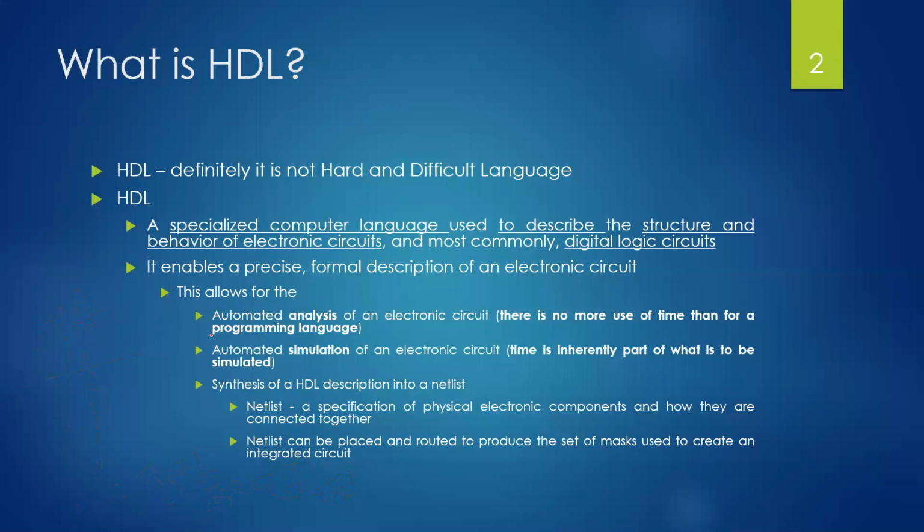So here what you're doing is you're least bothered about how much time it will be taking for the execution. You're just concentrating on the programming aspect when you're going for the analysis part. But when you go for simulation, here what happens is time becomes important for us. That is, we have to look even at what time is taken to execute the expression which is built by the electronic circuit. What operation has to be performed, how much time it is taking. That is what we are looking at in the simulation part.